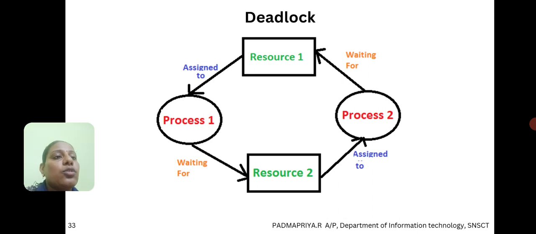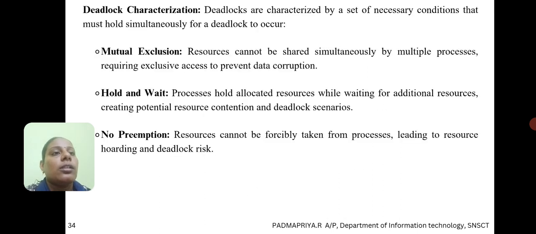Similarly, process 2 needs resource 2, which is assigned to process 2. At the same time, process 1 also requires resource 2, so it is waiting. It is a circular state, where every process is waiting for various types of resources. So